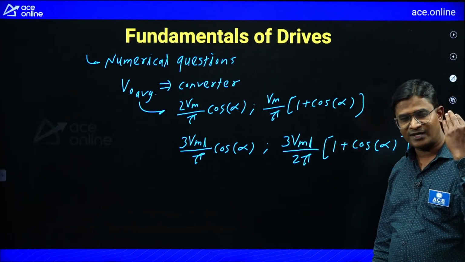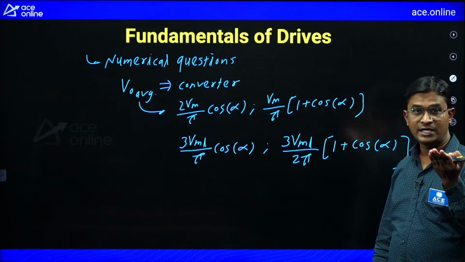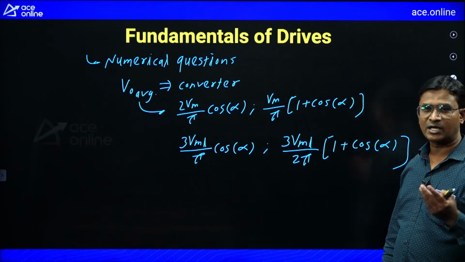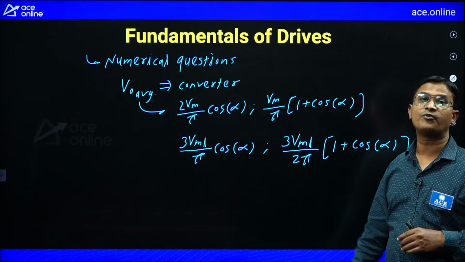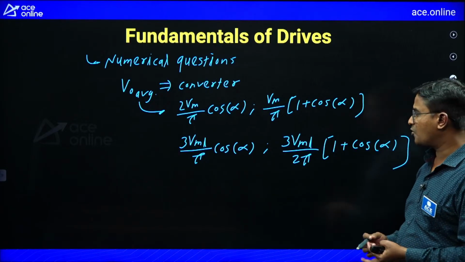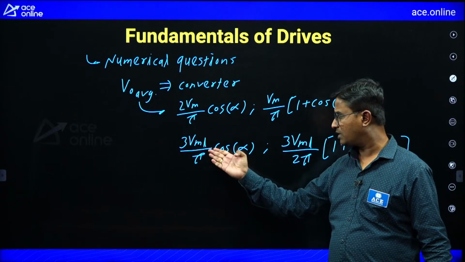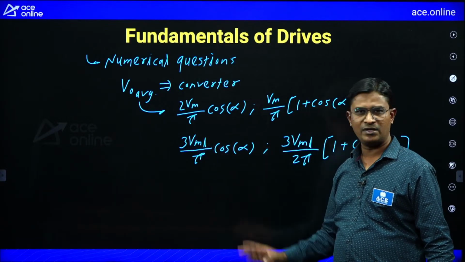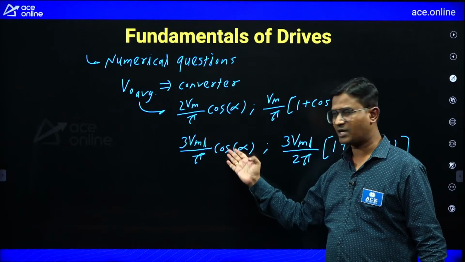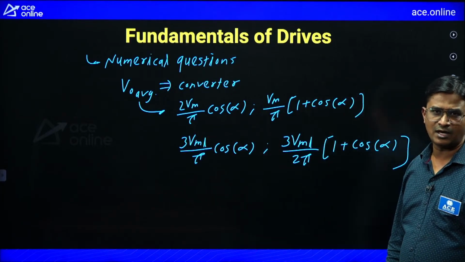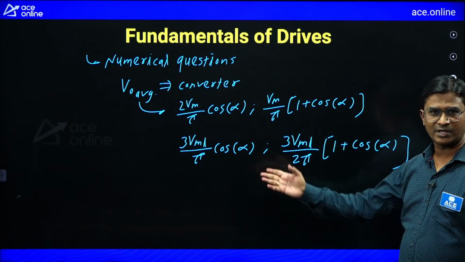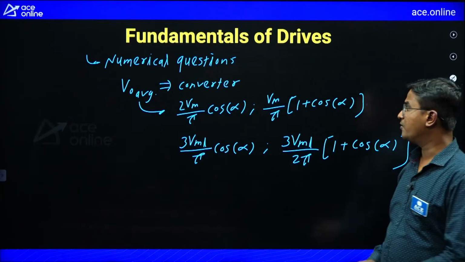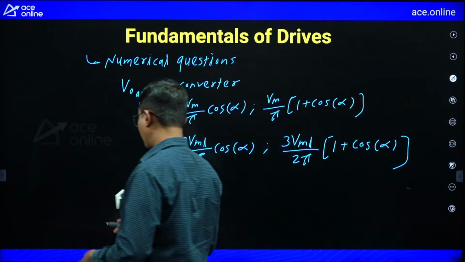3 phase full converter feeding a DC motor load. If the converter is operating at alpha equal to 45 degree, then what is the output voltage? They will give the supply voltage value, line voltage, etc., and they will give the alpha value also. So simply by using this, you can find your V0 average, that is the output voltage of your converter. Right? In a drive, the output of the converter is given as an input